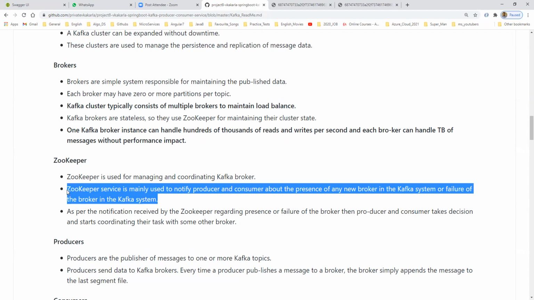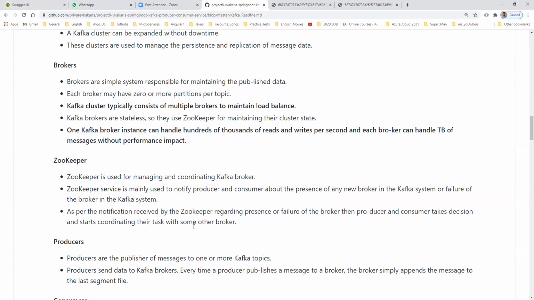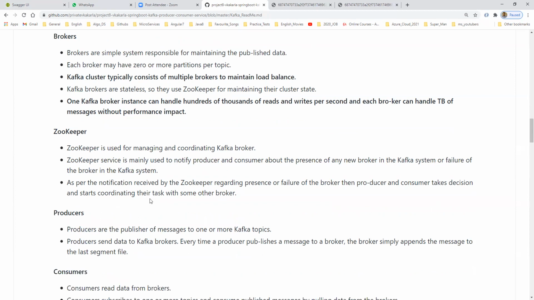Simply, it will tell the consumer, hey, you have data from the producer, so the consumer will take care of consuming. If the persistence is not saving the data, or there is a Kafka system failure somewhere, it will tell the Kafka cluster, hey, something is failing. It will notify the Kafka system or Kafka cluster. That is what zookeeper will do. Why? Because the Kafka cluster itself is stateless, so it takes the help of zookeeper.